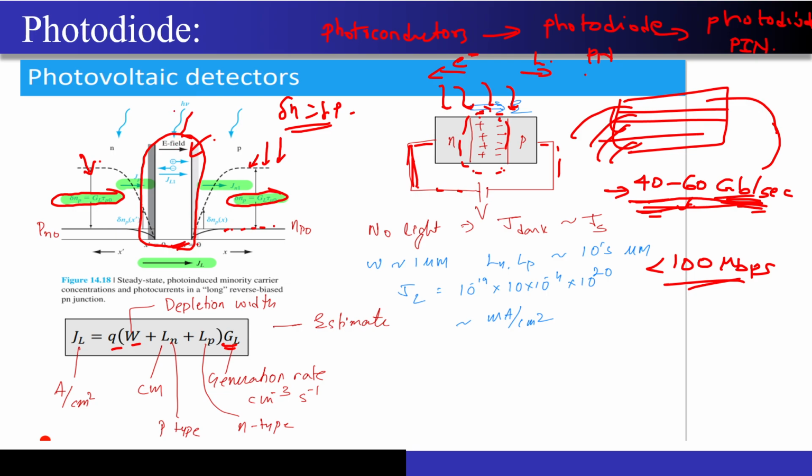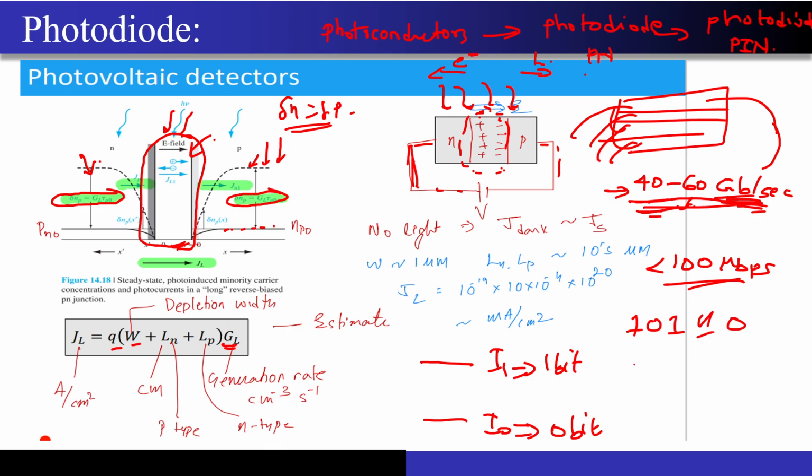Now why will the light intensity change? Just imagine that I have two intensity levels of the light, I1 and I0. This represents a bit 0 and this represents a bit 1. Now if I have a sequence 1 0 1 1 0, I have to send 1, I have to send 0, I have to send two ones, and then I have to send a 0. So what you can see is that I can do some kind of amplitude modulation in the intensity of the light, and I will be able to transmit the bit stream that I want to transmit from one of the CPUs or GPUs to another place in the data center.